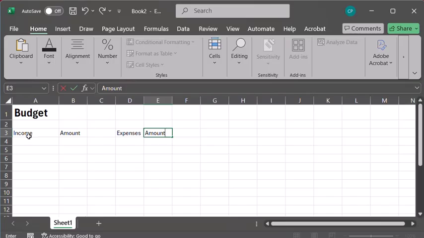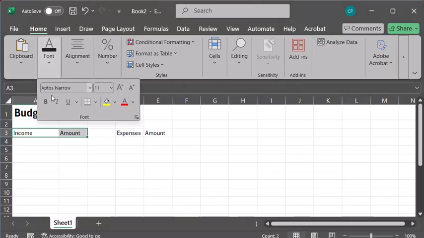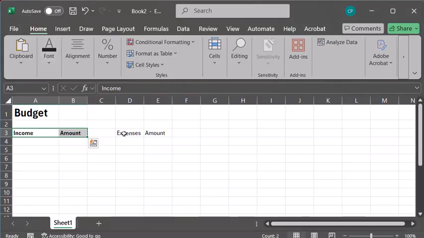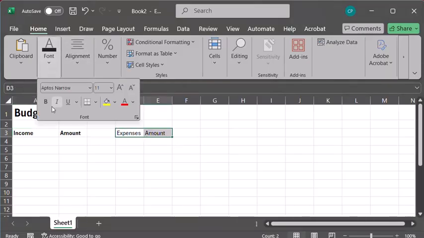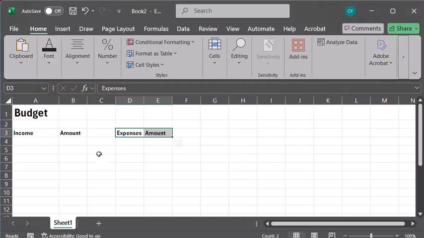If you're following along with me, you can, of course, organize this in a different way, but I'm going to make 2 columns for income and for expenses. I'm also going to make these cells bold since they are headings, but I'm not going to change the font size.